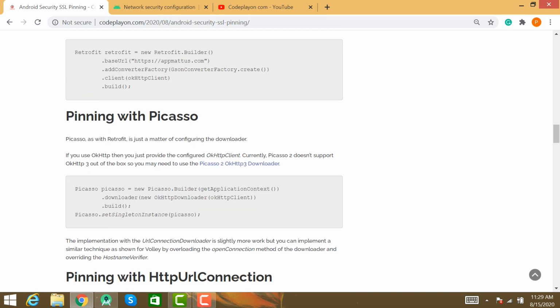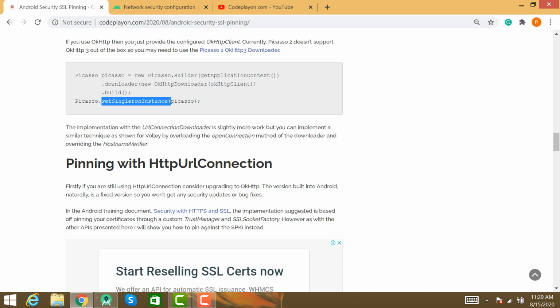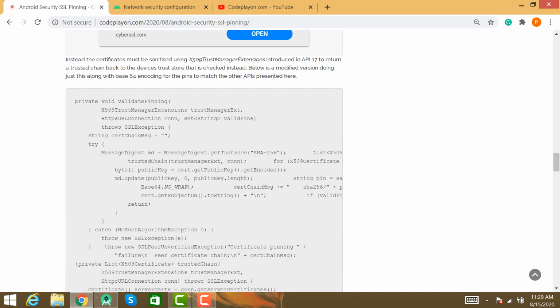If you use SSL pinning with Picasso for showing images, you can set an OkHttp build and set a single instance.